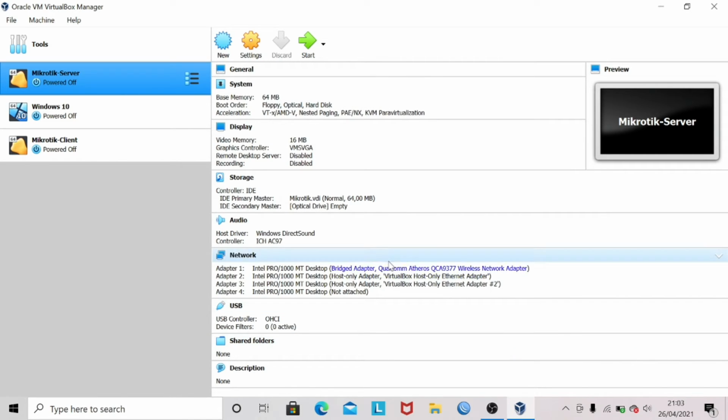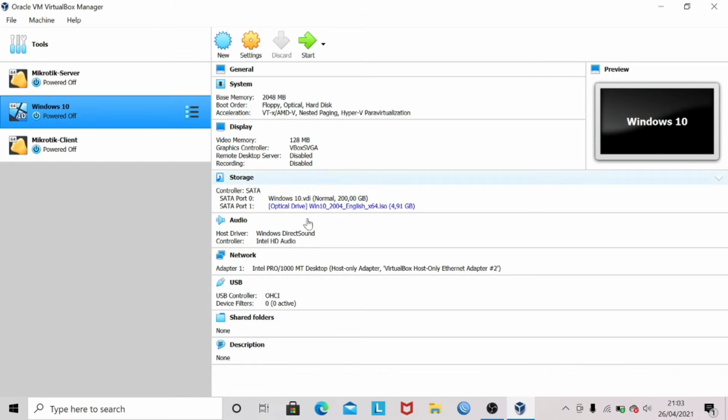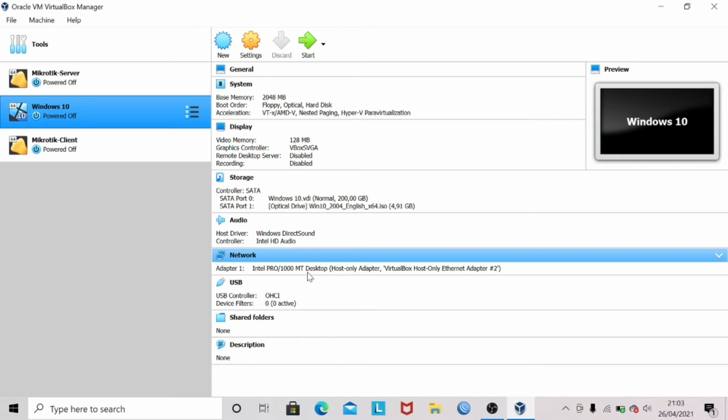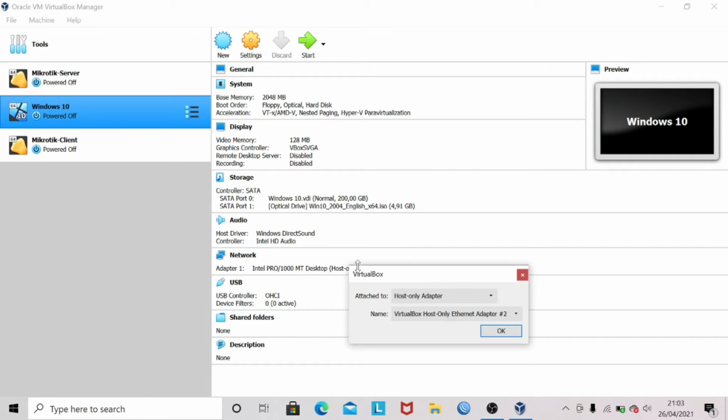Click OK. And in the Windows client, the network I use is adapter 1 host only adapter.